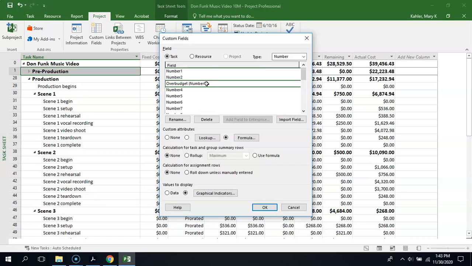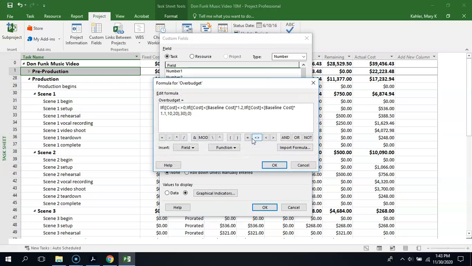Well, if we go through it here, it's got some custom attributes, and there is a formula that has been applied here. So Excel wizards of the world, this probably looks logical to you. If cost is greater than 0, and if baseline cost is 1.2 of that, so basically if you're 20% over, if baseline cost is